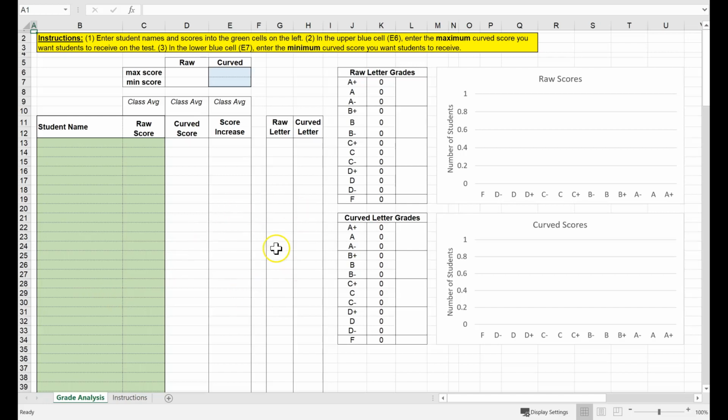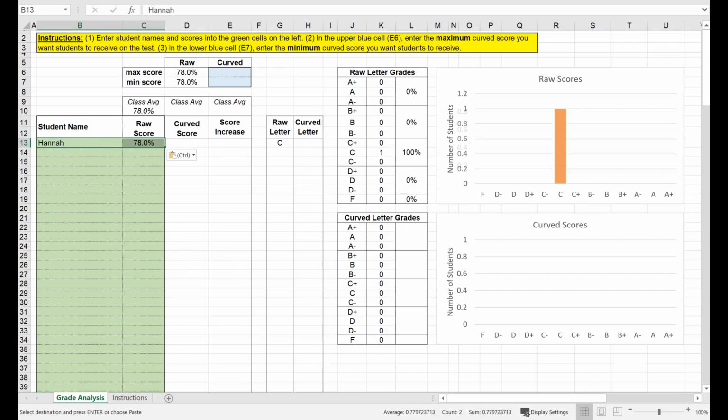Here I am in the blank student scores summary sheet. The only things I have to fill out are the green and the blue. First, I'm going to begin entering some student scores from my recent test. So here's Hannah's score, here's Betsy's score, and you can see that the chart starts to fill in on the